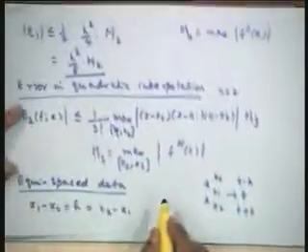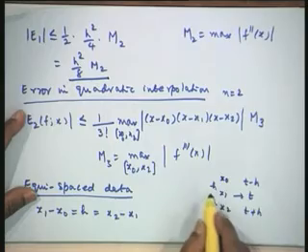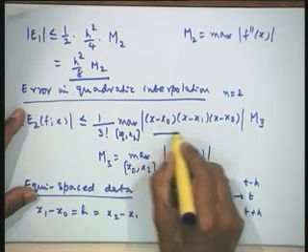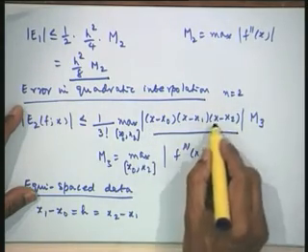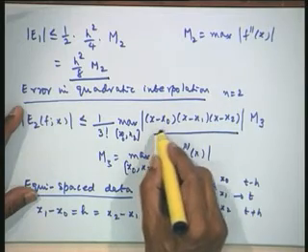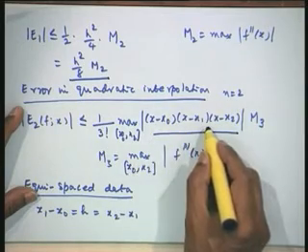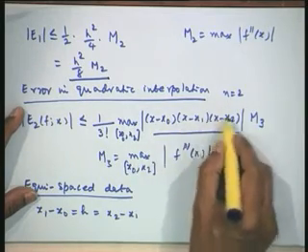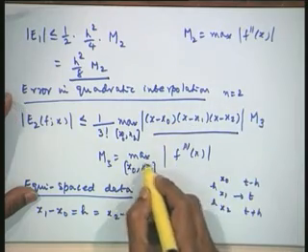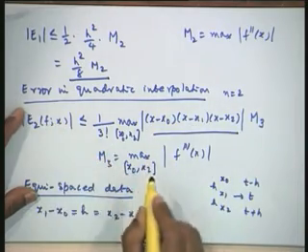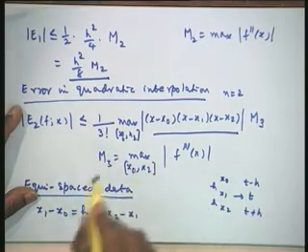But if I want the data which is not equispaced, then I shall use this particular expression to find the maximum of the cubic. I can differentiate it and get the two values of x from here, then find the maximum out of those two values, substitute here and find the maximum, and that will give me the maximum value of the error. That will be the bound for the error of interpolation.